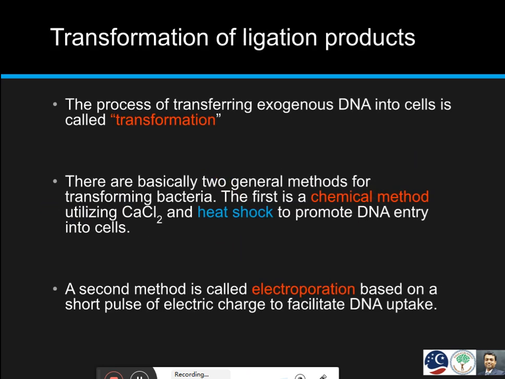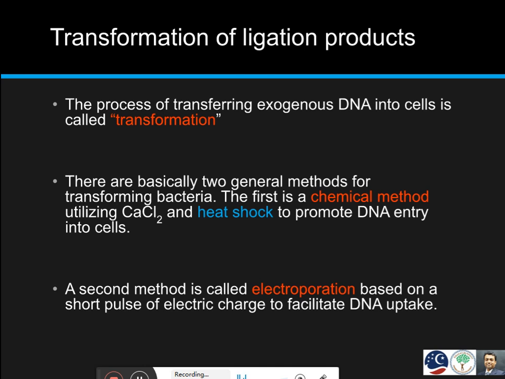The next step is to transfer this recombinant DNA into the host cell. Here we will be using bacterial cells as the host cells. Usually E. coli is the primary choice for its easy availability and great competence in nature. Competency means the ability of the bacterial cells to accept any foreign DNA. The process by which the E. coli host cell accepts the foreign recombinant DNA is known as transformation.